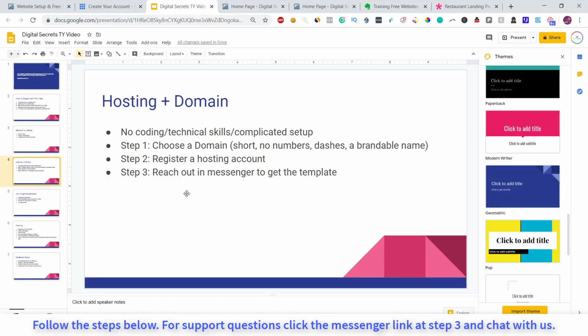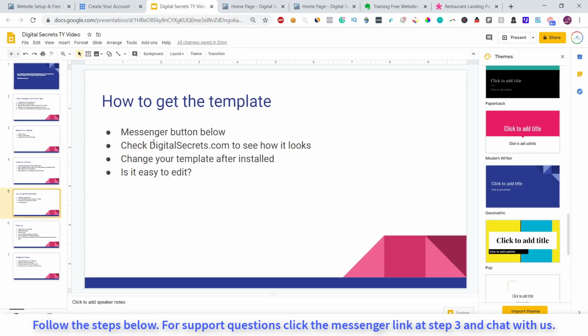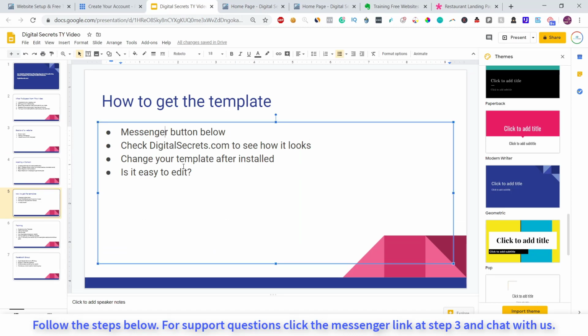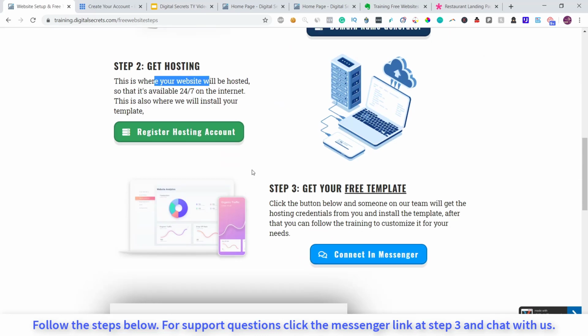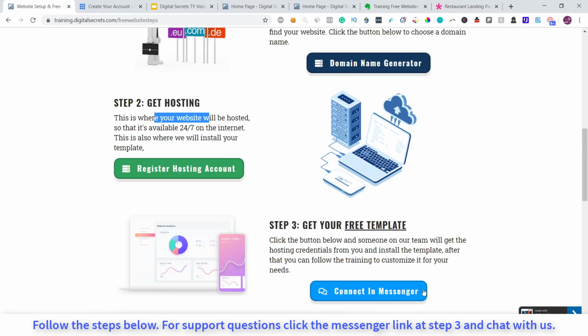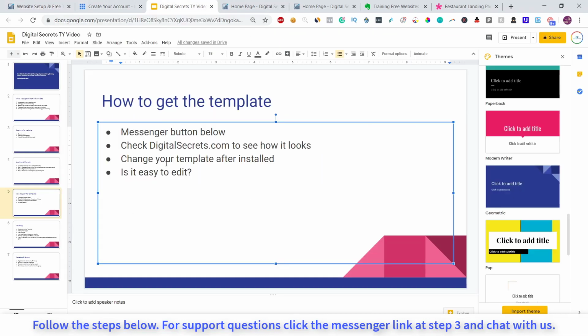So if we get back to our presentation, we covered the Messenger button, which is how you would get the template. You just go on the page we're in right now and connect in Messenger. You just tell us you completed step 1 and 2, and somebody in our team is going to install the template for you. Now, we checked digitalsecrets.com and saw how it looks. You can go and see it yourself, and this is the template that we are using. And one thing to mention, you can change your template after it is installed. Somebody in our team will install the template that you need,